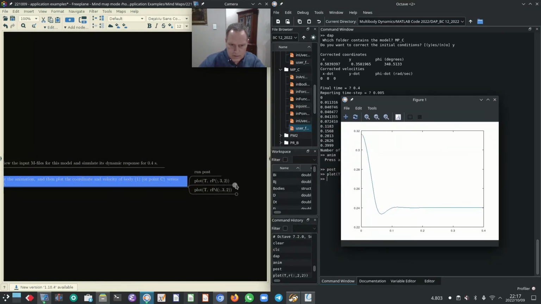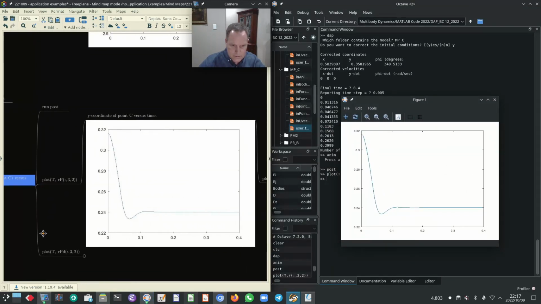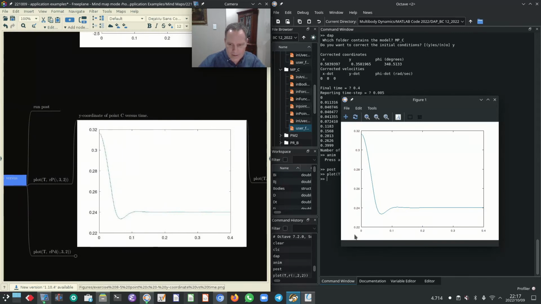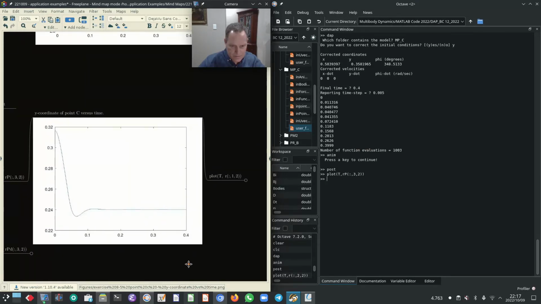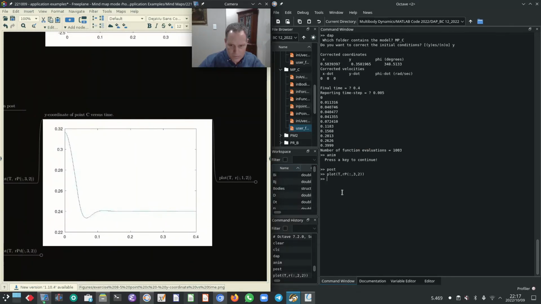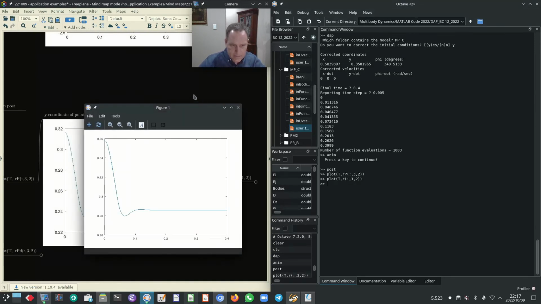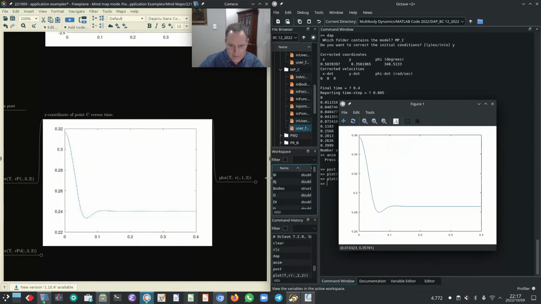So there you can see that's the figure that I've copied here. Okay, and the y coordinate of body 1 is simply plot T comma R colon body 1 y coordinate. Okay, let's just see there,